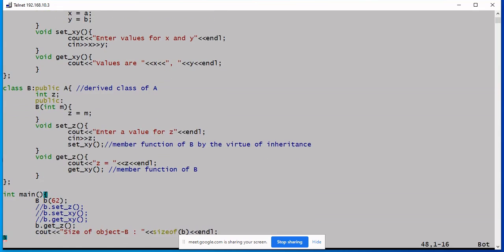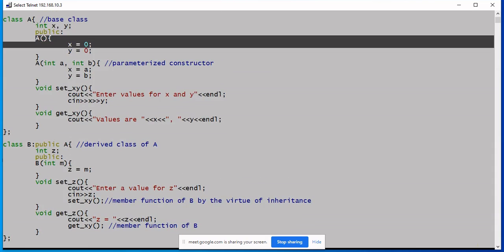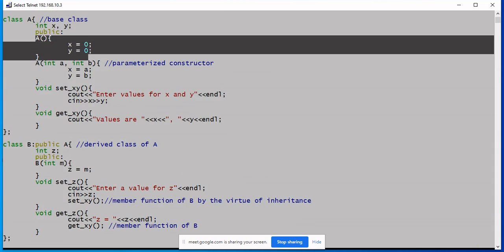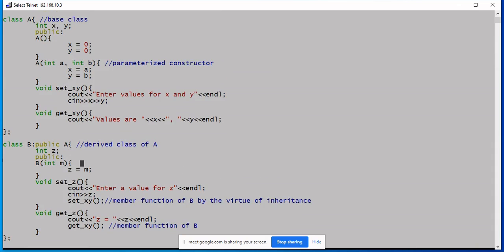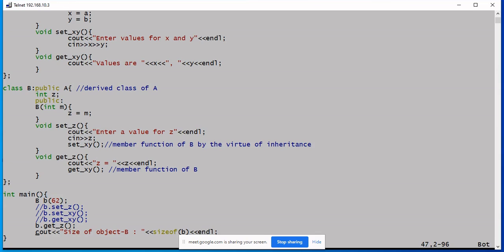Now you might have a question. I have created an object of type B, which is the derived class. Why and when did the control go to this 0 argument constructor? So you are curious to know the order of constructors, aren't you?